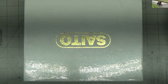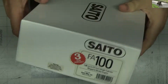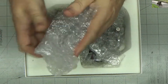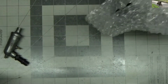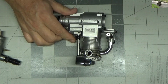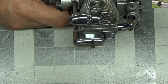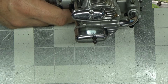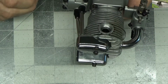Okay, so here's the 6th of the 6 engines sent to me for initial inspection, repair, whatever. This one is a Saito FA100, which by far has to be my least favorite of all Saito engines because of the nasty reputation they have and I've witnessed. So needless to say, we'll check this guy out and see what's going on with this one. Let's see here. The note says, used on eBay, fin by glow plug bent, back clip above needle valve bent, front prop nuts, 2 washers bent, push rod, front push rod bent. So yes, it does have